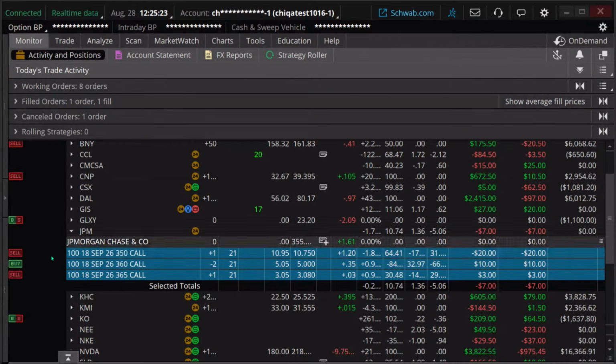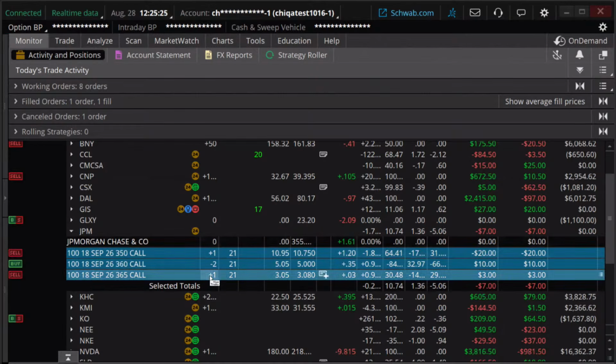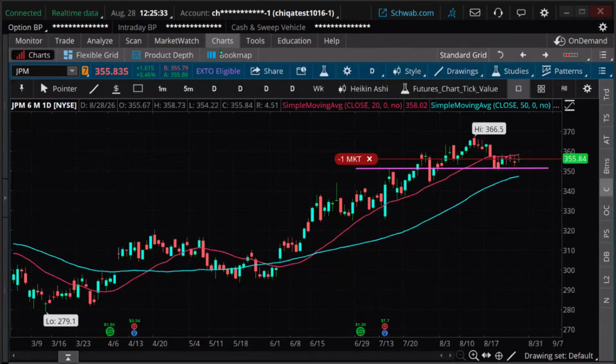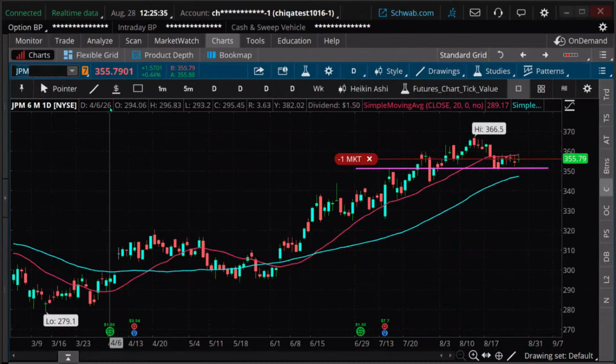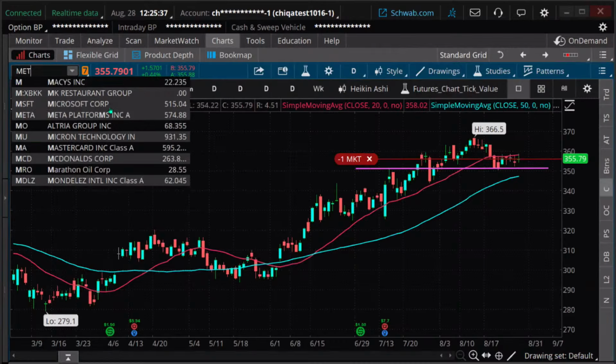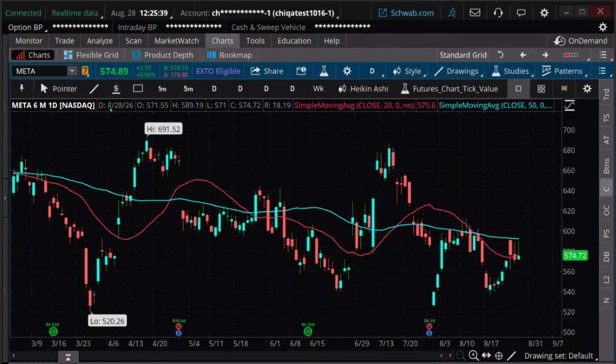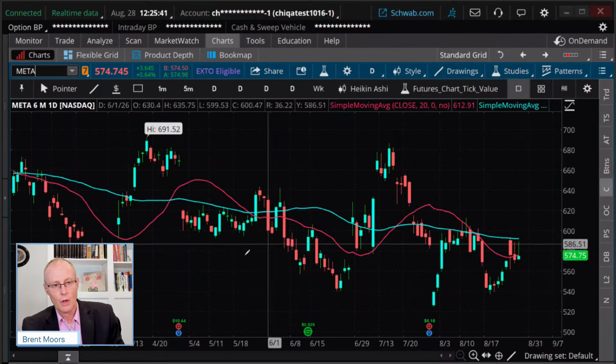Now, we're not going to completely forget about it, because remember, as we get close to expiration, we'll get out. If we start to hit our profit zone, we'll get out. There you go. Okay, let me give you a different example. Here's a different example, because I want to show you that the first two examples I gave you were call examples.